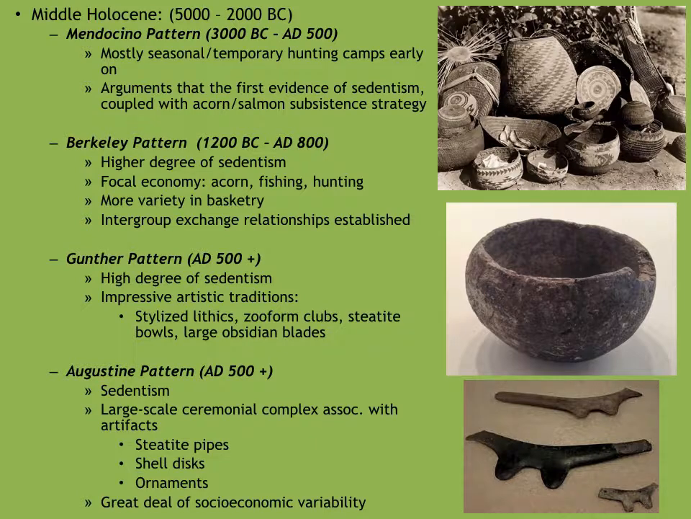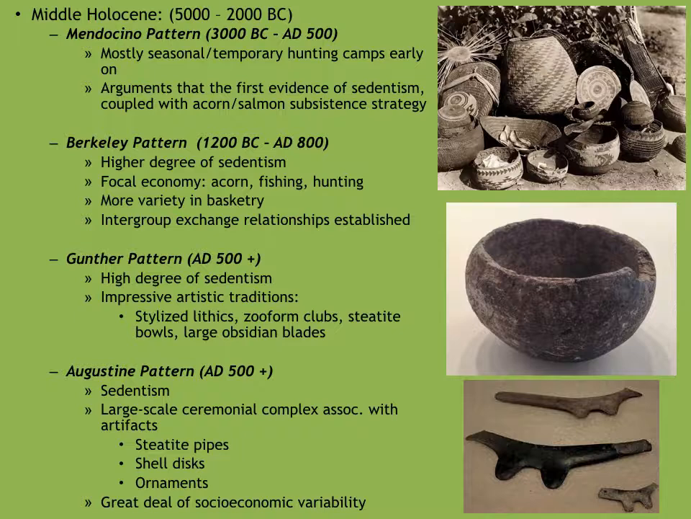The Gunther pattern, as we get well into the Middle Pacific period, high degrees of sedentism. You see very permanent and large structures, impressive artistic traditions. We see a lot of craft economy flourishing in this area. Stylized lithics, zooform clubs, steatite bowls, large obsidian blades. So the craft economy is booming, and you can definitely tell that they are using this trade network to move goods, and the top, the chiefly class and his family, they are definitely gaining wealth through this trade. And then the Augustine pattern